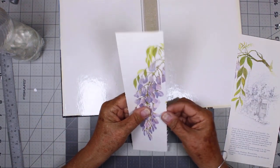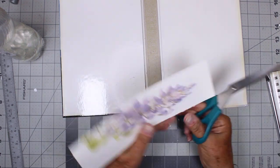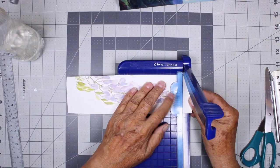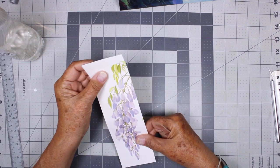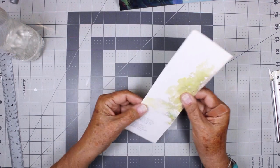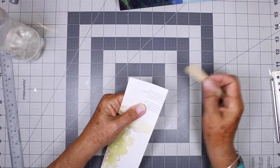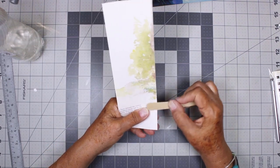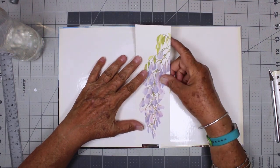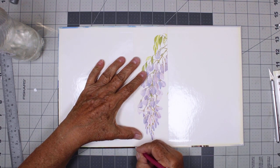My blade's a little dull, so I'm going to have to clean this up a little bit. This book page feels like a nice cotton paper. It's supposed to resemble watercolor paper, I think. And so my blade kind of feathered it, and when that happens I usually just take a nail file after I cut off the big chunks, and I can just sand off those little feathery edges. So we're going to put this here. Just going to eyeball it. I'm going to mark it just inside